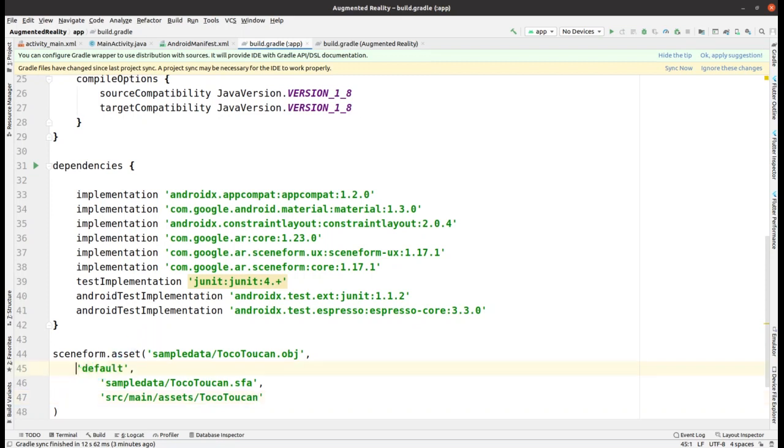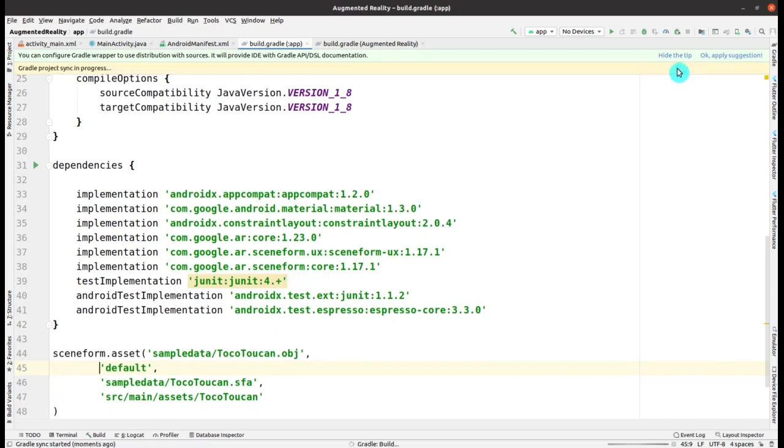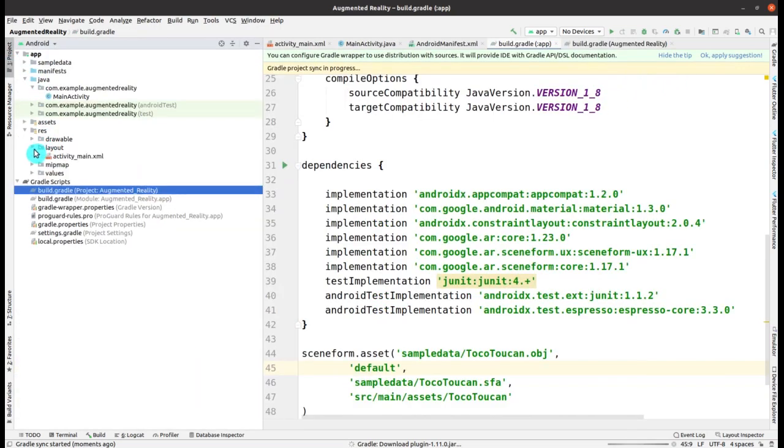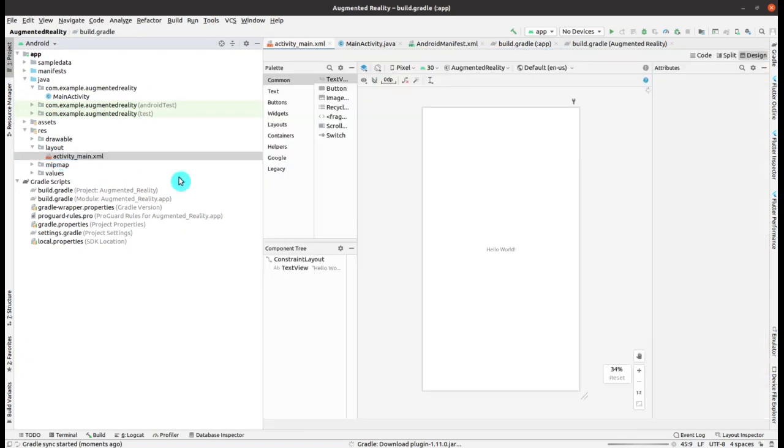Okay, so now it is src, main, assets, then this is the default one. Everything is going perfectly fine till now. I have to see whether I have forgotten something or not, but I have clicked on sync now, and it is downloading the plugin.